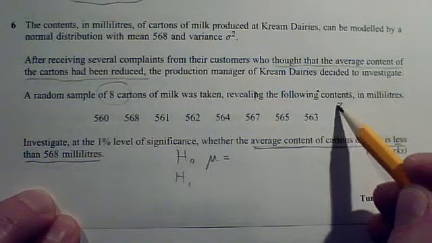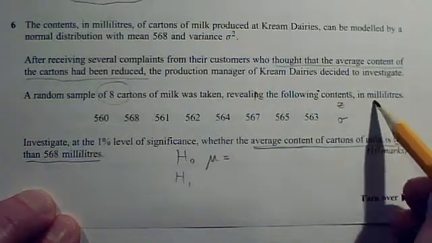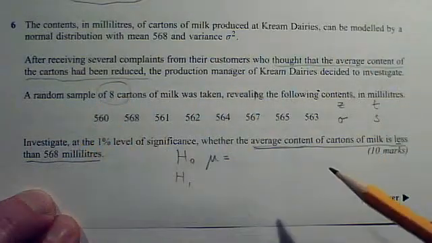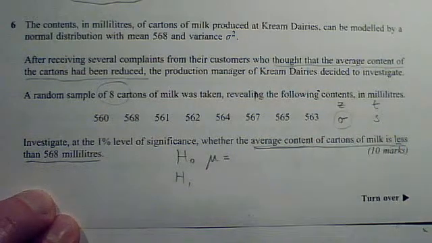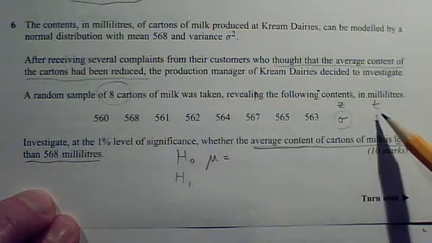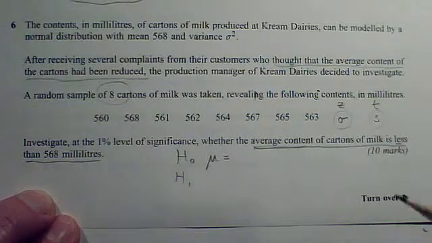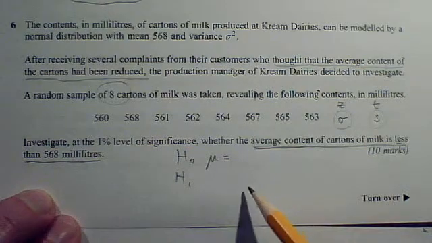Okay, so is it z or t? Well, for z's, that's what you use when you're working with a sigma. T is what you use when you're working with an s. So you need to look at what you're given in the question. Are you being given the population standard deviation or variance, or are you being given or calculating the sample standard deviation or variance? Decide whether it's z or t, work out your test statistic, draw your picture,